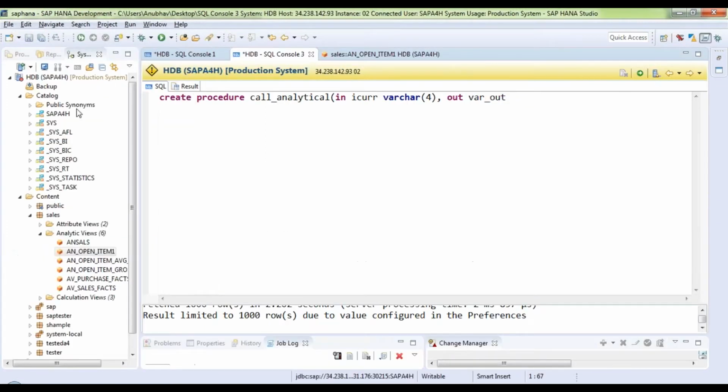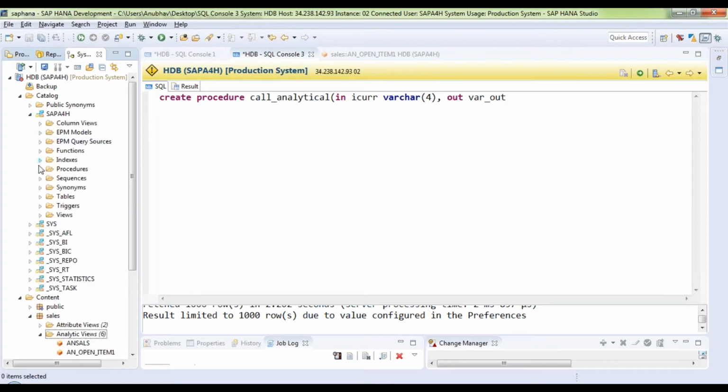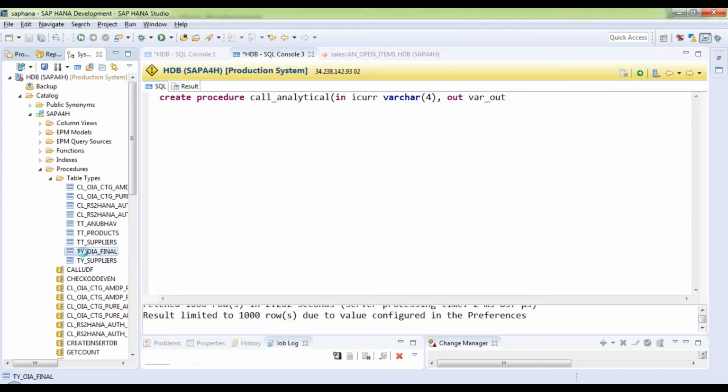So let's switch back to the HANA dev perspective and look at our table type. Come to procedures, schema, and let's look quickly at the table type which we created for the output of our open item analysis scenario, ty OIA final.